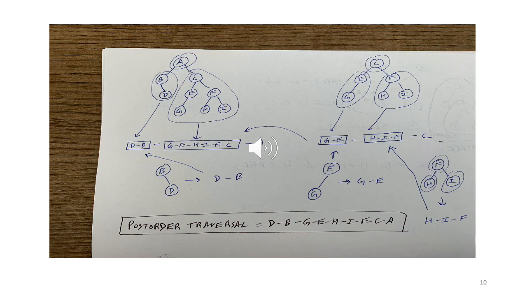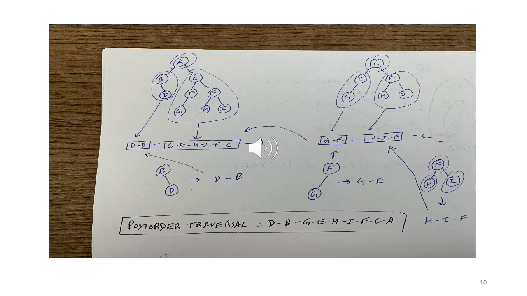For that, we have to do a post order for the tree rooted at B. So let's look at that, B and D. Now again, let's do a post order on it. First we have the left subtree. Left subtree is null, so nothing. Then we have the right subtree. Right subtree has a single node D. So first D comes, and then root, then B comes. So the box is filled as D followed by B.